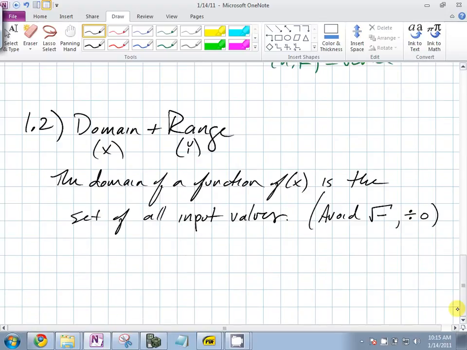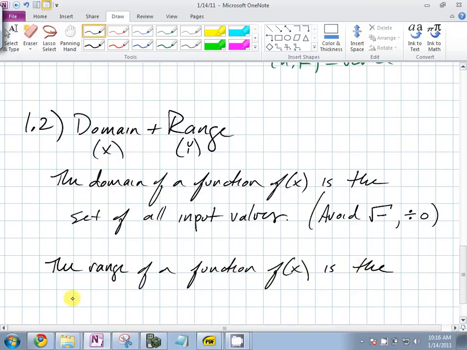Now, we didn't really talk about it too much, but what is the range then? What do you think the range is? Let's see. Jackie, what do you think the range is? I gave you the domain. Range is very similar. Read it out. What's the range going to be? The range of a function f of x is what? The set of all